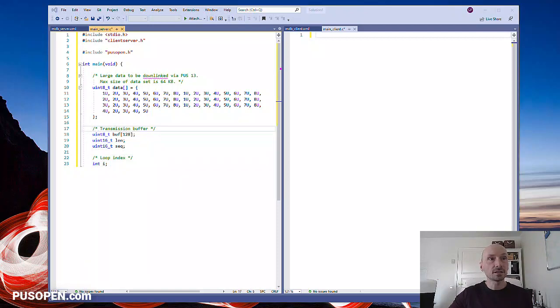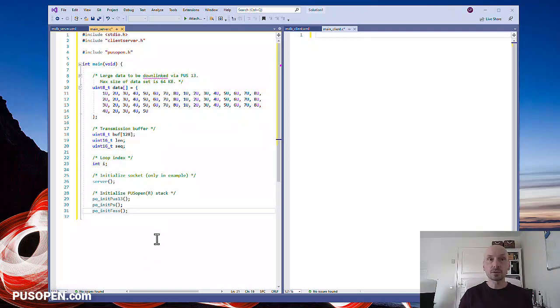We will initialize the server. This is, as I said, only for the purpose of this demo. In real life we will probably initialize the data bus or the radio here. Now, the first really important thing is to initialize the PUSopen stack, and it needs to be initialized in layers. So we initialize the lowest layer, the encoding layer, then we initialize the packet layer, and then the PUS 13